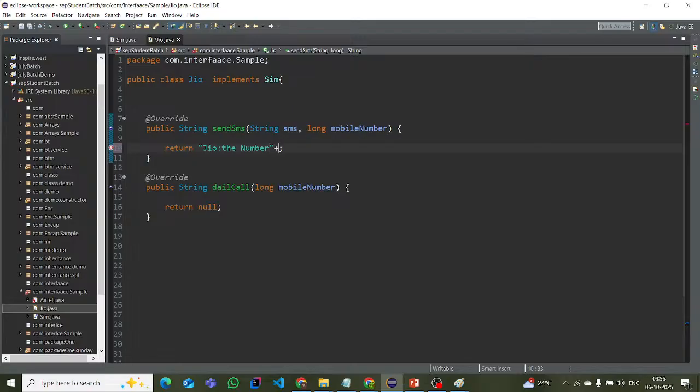Let me take one mobile number variable, I will pass it here. Okay, it's loading. Let me write mobile number variable here. Okay, now plus, in the string let me write